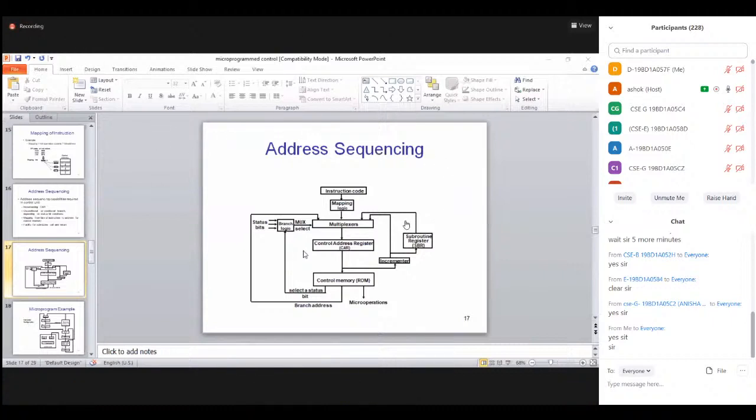The third one is using mapping. Mapping is nothing but transforming the opcode into an address. So we have some instruction code, and using the mapping logic hardware, it converts the instruction opcode into an address. That address will be given to your multiplexer, which selects the address and gives it to your control address register, then the control memory. And the fourth one is